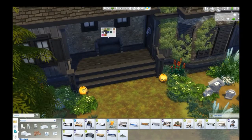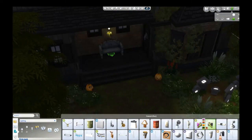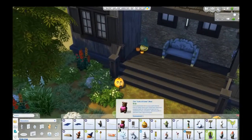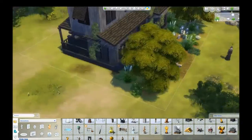I don't think I put much on the porch here. I put this little bench and just some lights, and I believe I put some pumpkins up there. Yeah, there they are. I just wanted it to look kind of cute and Halloween decorated,